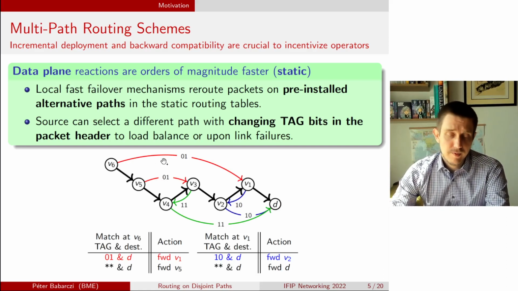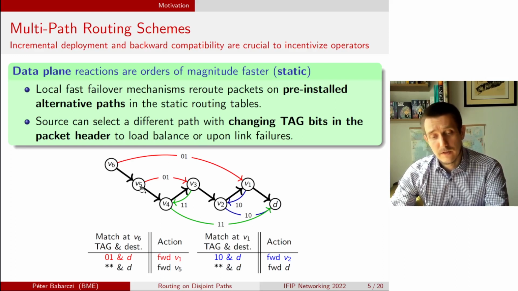In this example from the first slide, we see the shortest path tree with the backlinks, and also in this case we have some kind of secondary or non-shortest path links assigned to each node with these red, green, and blue links, and also we have some kind of tag value assigned to these links.